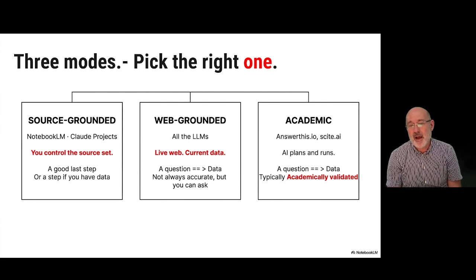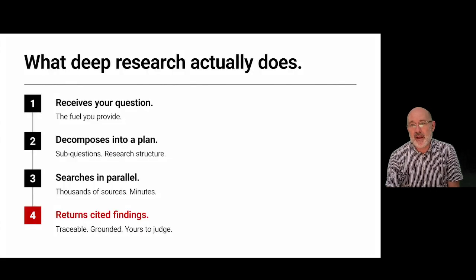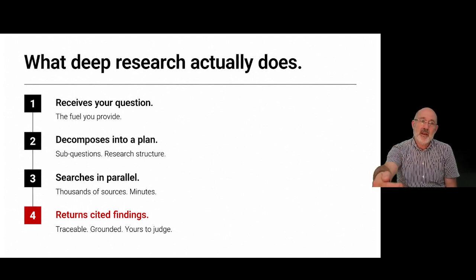There's another site which I think is fabulous called answerthis.io. You have site.ai. AI plans and runs, and typically it's all academically validated. Now, what does deep research actually do? It gets your question, it breaks it up into chunks, it searches in parallel, and it returns back your cited